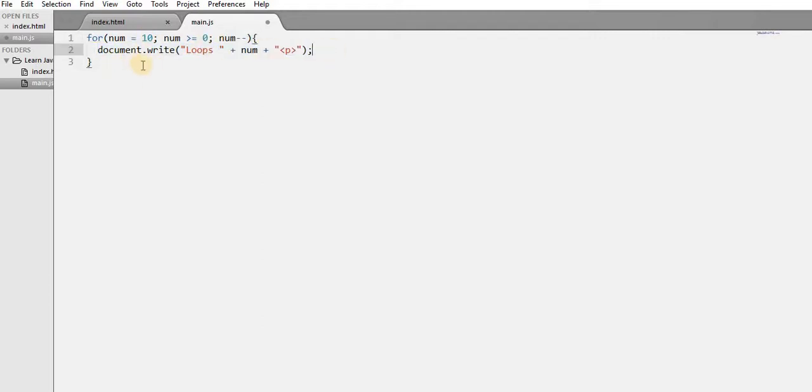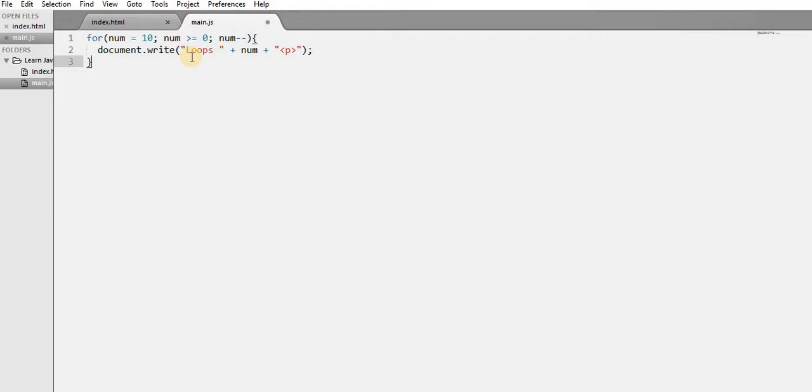Now it will only stop once the value we are going to have is not greater than or equal to 0. Like when you have -1, you know that -1 is not greater than or equal to 0 at all. So in that case, the loop will stop. In fact, the last value will be 0, because if you come here and say is 0 greater than or equal to 0, yeah, 0 is not greater than 0, but it is equal to 0. So that is the last number. It will stop there and it will just go out of the loop.